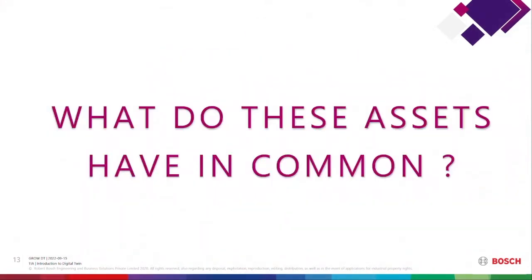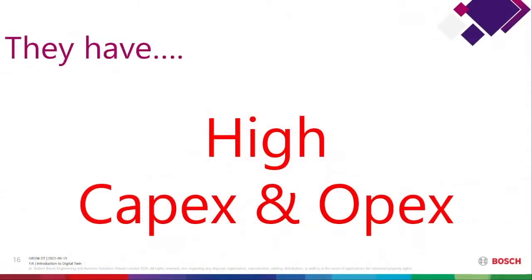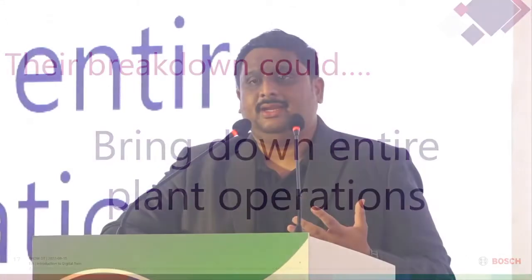Now, what do you think all of these assets have very much in common? Right? And if you just give it a thought, you see that they are large and huge, for sure, right? By the nature of it, it's totally spanning across kilometers in some cases, right? It's really complicated. If you see those reactors, if you see those machines, they're really, really complicated. They have a high capex and opex. To run these machines, you need to burn a hole in your pocket. Now, what happens when they break down? Yeah, it most invariably brings your entire operations down.